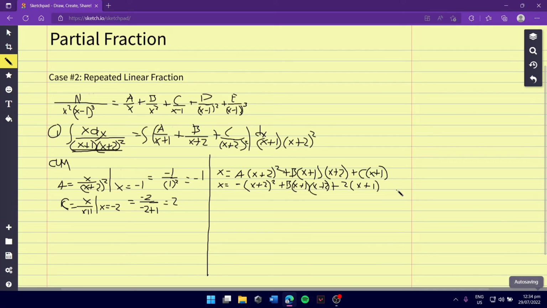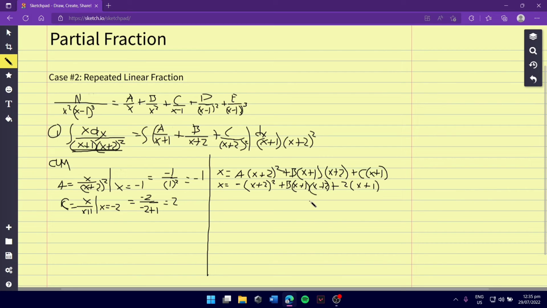In this equation, we'll find the value of x. When substituting,